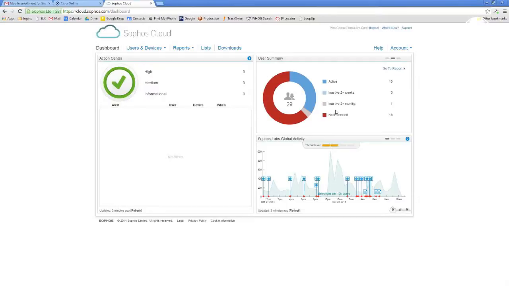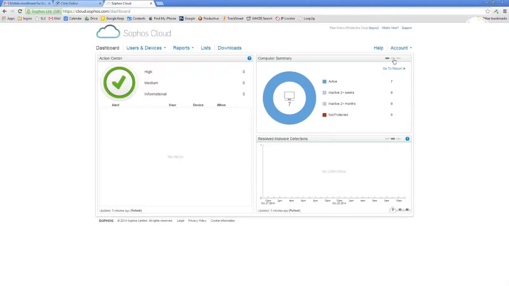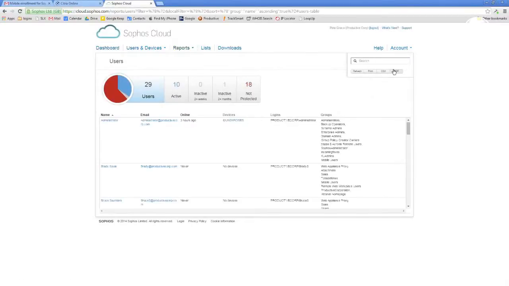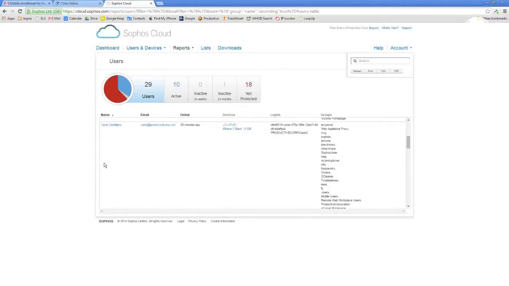I've got a user summary over here that's giving me some information on what I've got that's active and not active, and I've got some different choices that I can look at just by clicking this. This will rotate automatically, but I can hop to a report that I want to see, and I can go to a more thorough report by clicking on this, and I can start drilling down and getting into some additional information. And I've spent quite a bit of time playing around with this, and one of the things that I really dig is the ability to click around and get to different places. So I see that I've got an issue, or I see that I've just got a machine that maybe I don't know what's going on with it or whatever, or I want to see what a user's been up to.